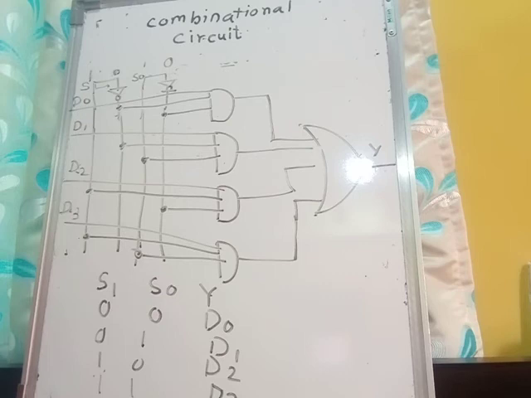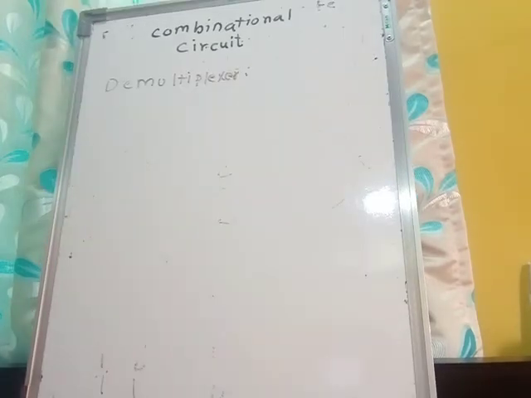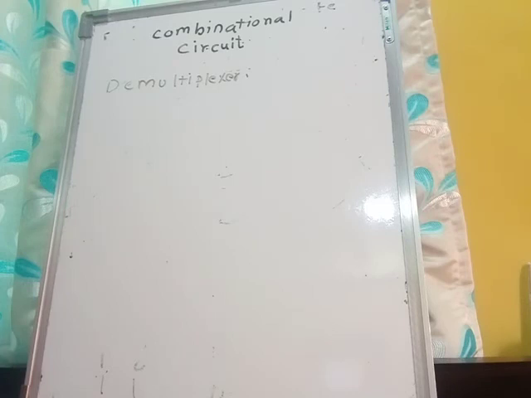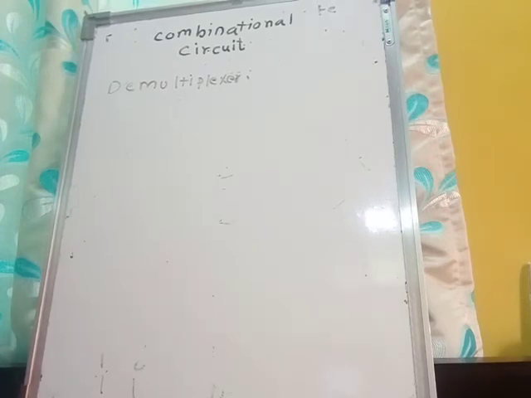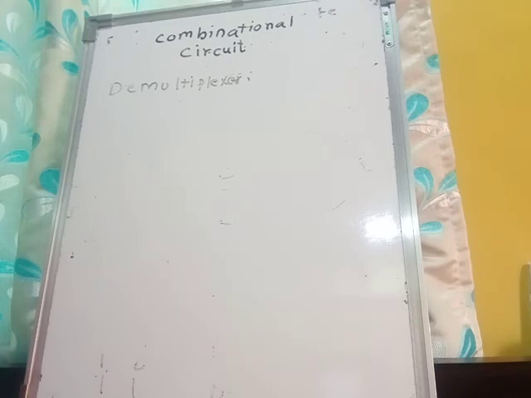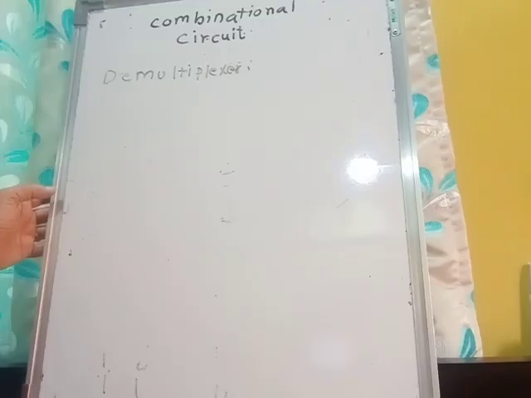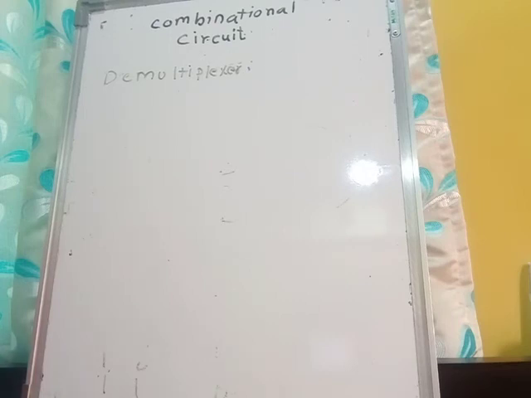Again here we are going to see the demultiplexer. We have the demultiplexer also. So demultiplexing is an opposite process to a multiplexing process. It performs one to many operation. In case of the multiplexer we have seen that it performs many to one function, but in demultiplexing process it is the opposite process which always performs one to many operation. Means you are able to give one input and you will get many outputs.